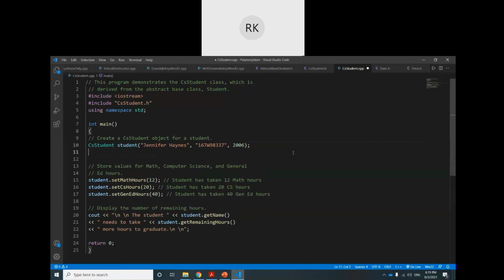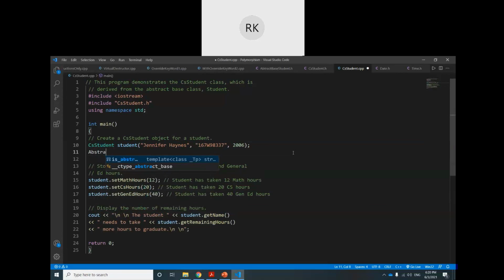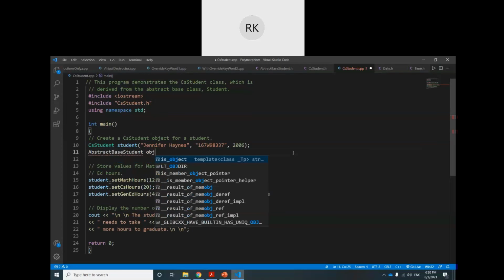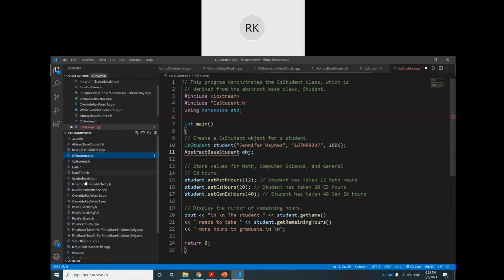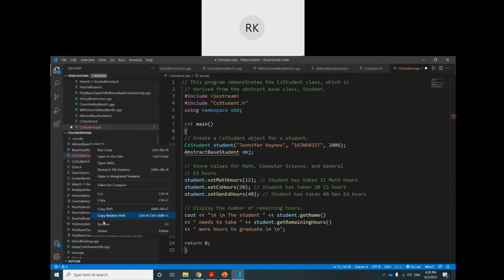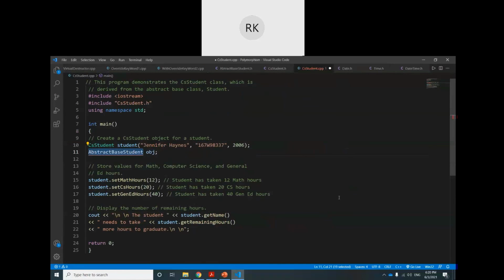Let me try. Its name is abstract base student, and if I create an object of it, okay, so you see abstract base student. Just to make sure of the spelling, let's copy the name from here, to make sure that the error is not a spelling error.